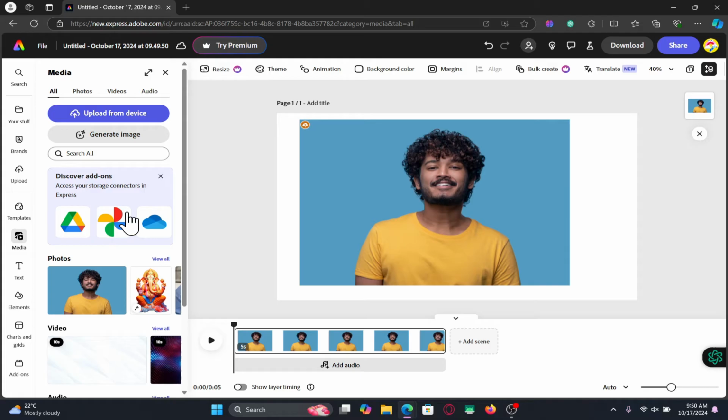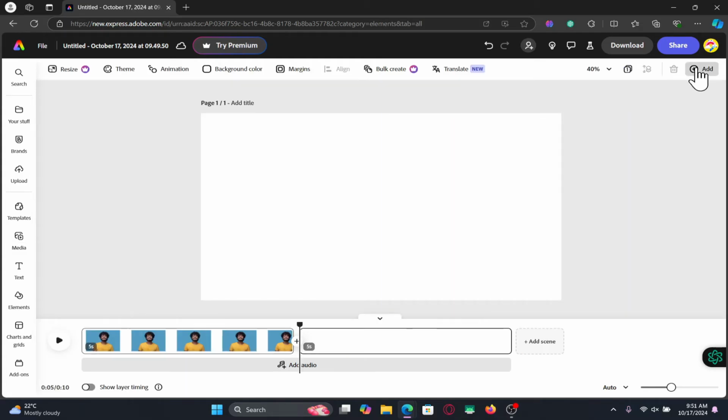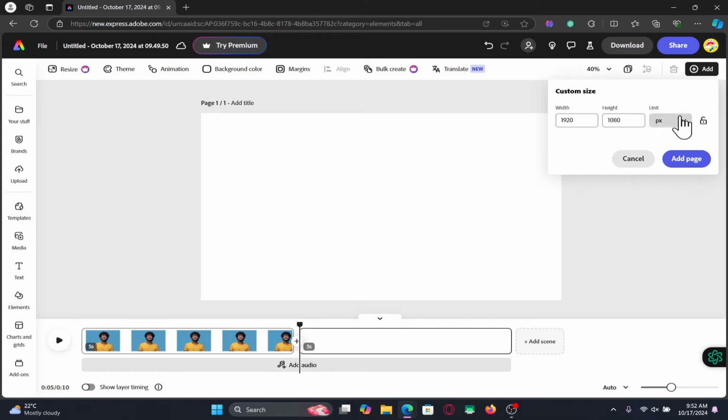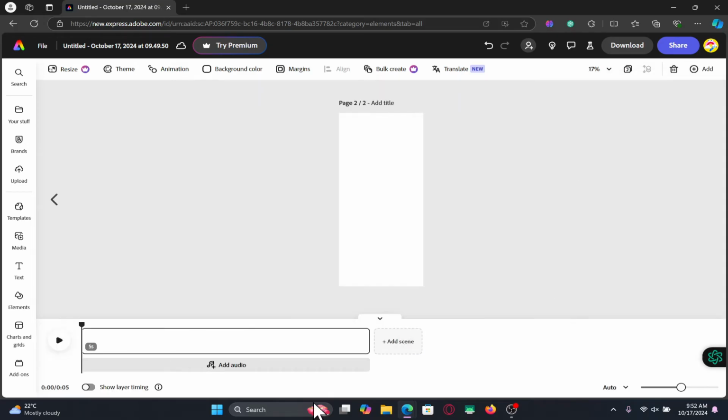So if you wish to resize your project, the other option that you have is to click on the add button to add a new page. You will now see the same size as well as a custom size option. Go ahead and click on it, and now you will be able to define the size of your new page manually. After entering the size, click on the add page button, and now your scene will be changed into a